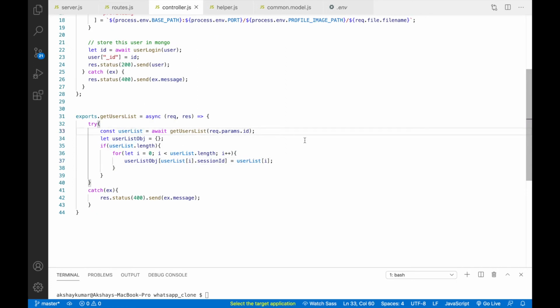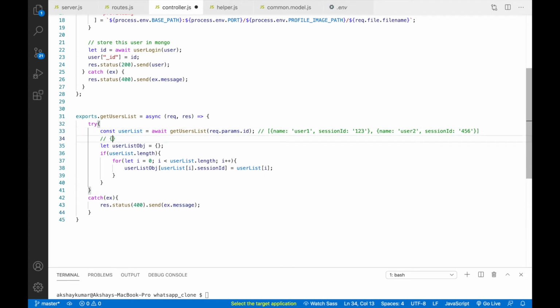So let's say this user list response has name is to user1, and session id is to 123, and after this one more object is there. So let's say name is to user2. Okay, and session id, so this will be, let's say, 456. So now we are getting the data like this inside this user list. Okay, so now what we are doing here, just to ease our work in the front end, so we are just like manipulating this.